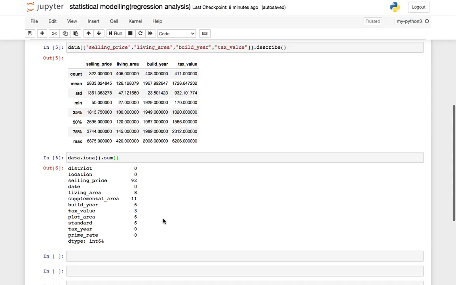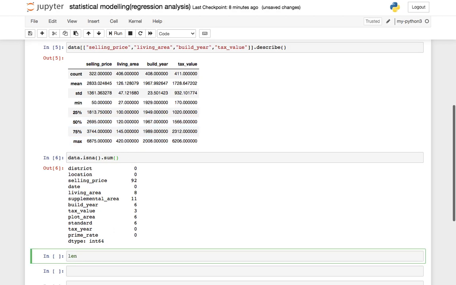All right, so we are just going to go ahead and build our model to see. But before we do that, maybe let me just drop. But if I drop 92, it's not going to be